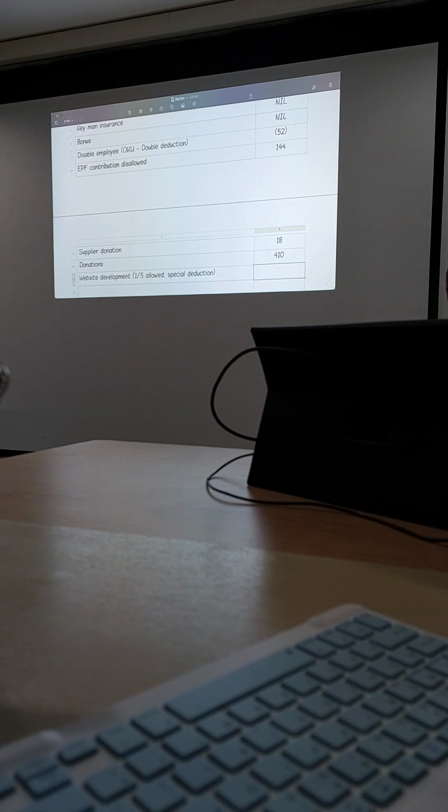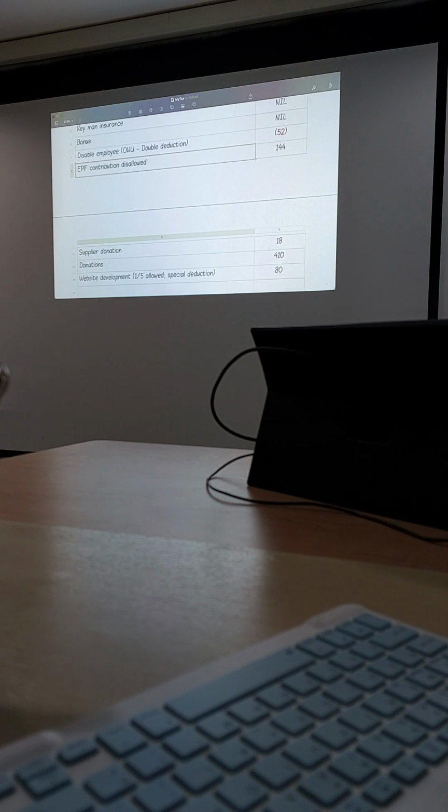Okay, are you okay with this part? So that means you add back. What else is IP, sir? IP, buy foreign company, and website. So the three of them must be 1 over 5. Every year you are allowed to deduct 1 over 5. What is IP, sir? Intellectual property. Okay, are you okay with this part now? You can make a note.